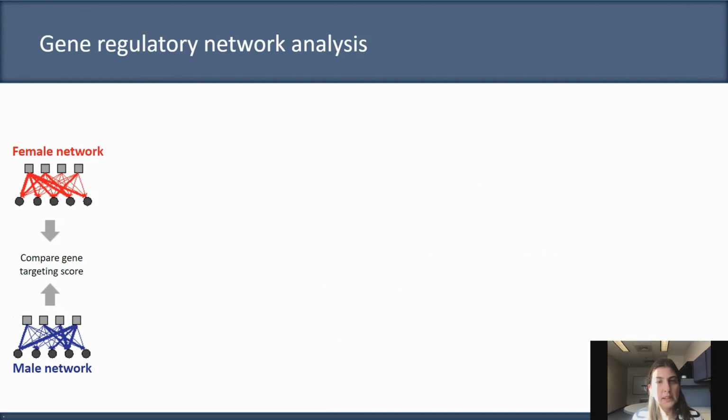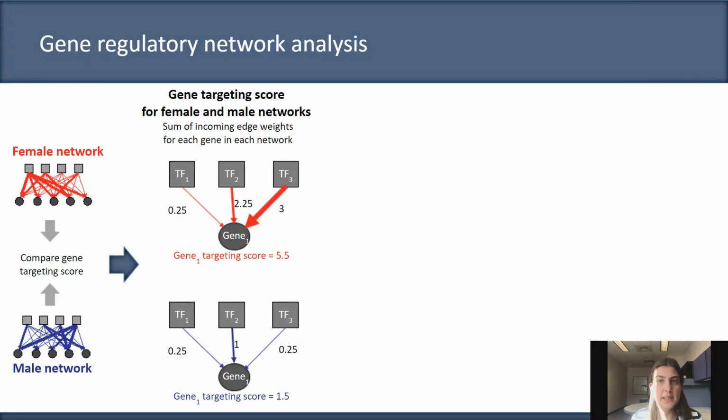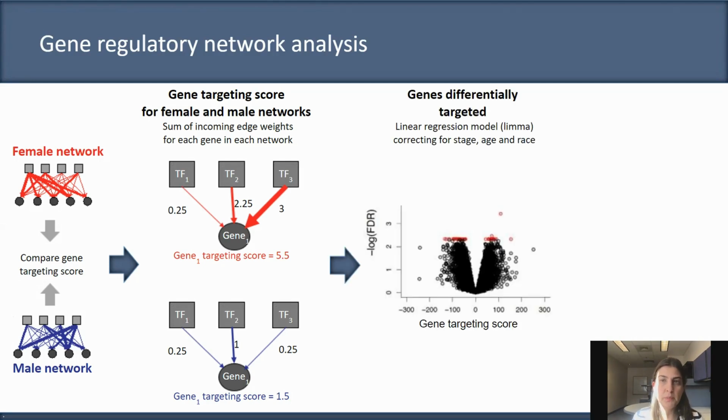One way is to calculate their gene targeting score. Right? So what is the gene targeting score? It's the sum of all the edge weights around this gene. It's the gene in-degree of the network. And what it tells us, the gene targeting score will tell how strongly this gene is being targeted and regulated by the transcription factors. We can then compare the gene targeting scores between males and females using a linear regression model